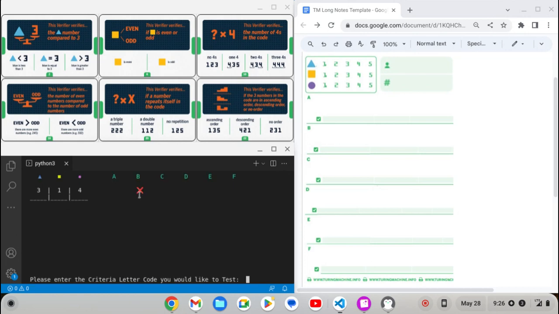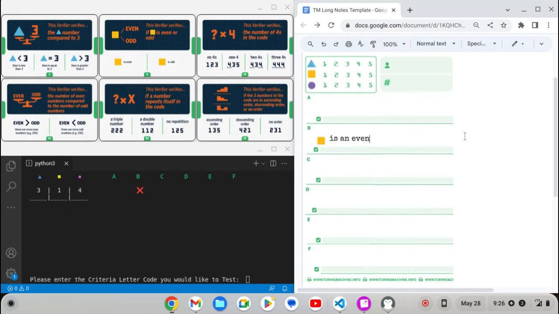Okay, so the Turing machine responds that it does not approve of my choice. If you look back at my proposal of 314, that middle digit, the square digit, is an odd. So the Turing machine is telling me, no, it does not approve of my odd value. Therefore, square must be an even digit. So I'm going to write that down in my notes in section B. That square is